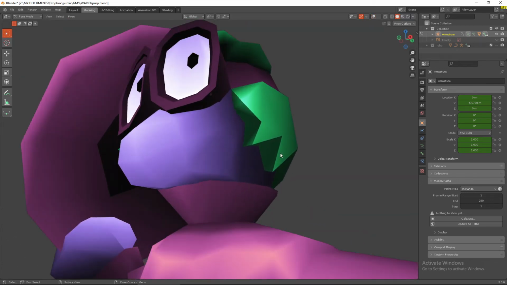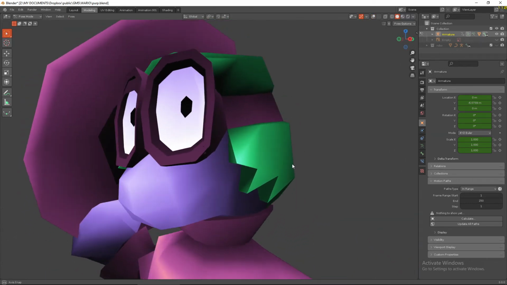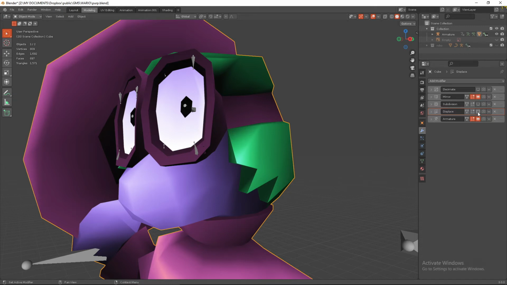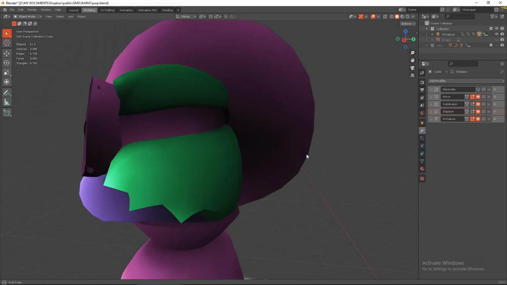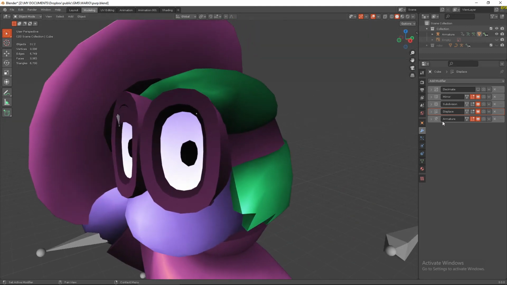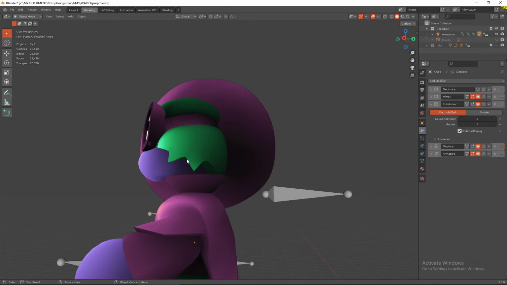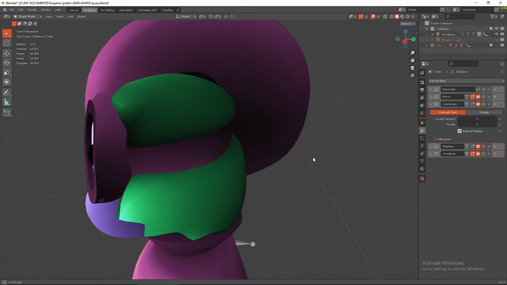Pretty happy with the hair too. Never really tried to do something like that before. I think it looks pretty nice when it's all subdivided down like this. It's actually got some pretty decent forms to it. It's sort of a spiky shape here. It's not perfect, but